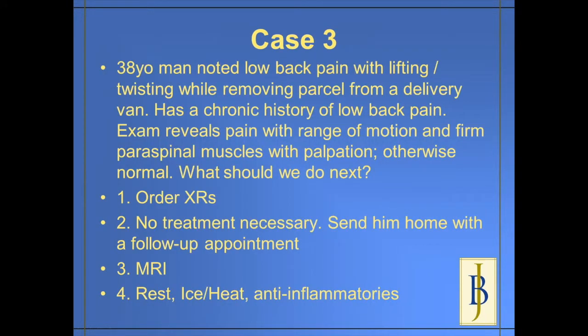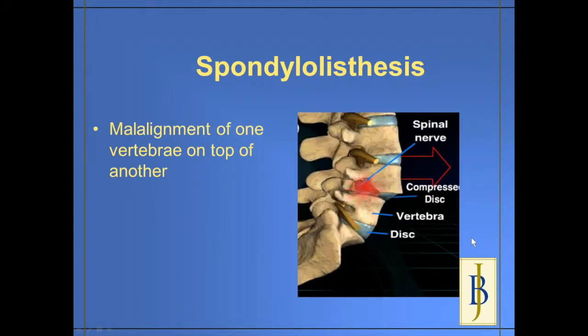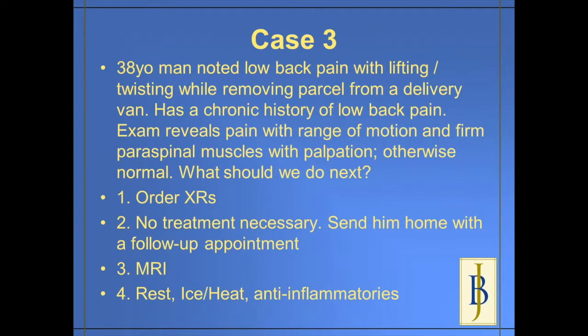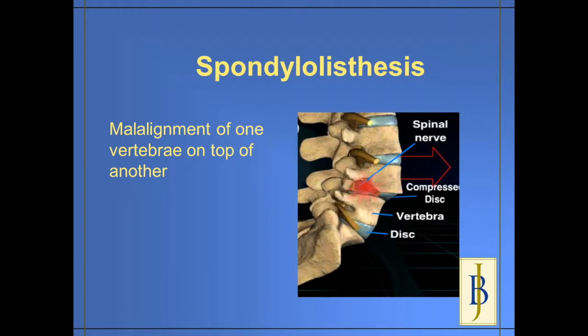Next case is a 38-year-old man, low back pain with lifting and twisting. He has a chronic history of low back pain. He has pain in range of motion, firm paraspinal muscles with palpation. Very similar to our first case, except this time he has a chronic history of low back pain. Now in clinic it's very easy to get x-rays,